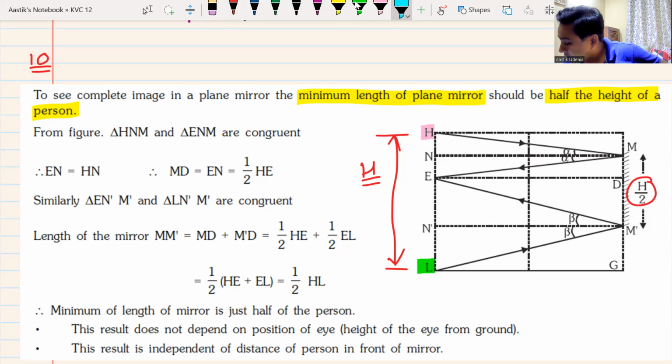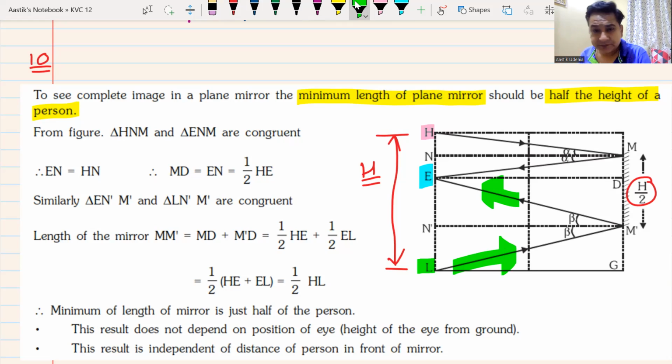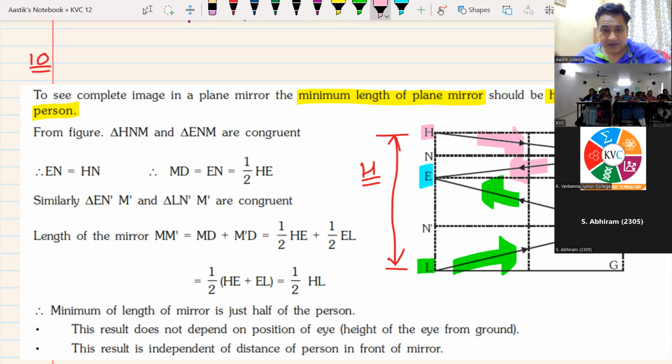This E is your eye, where your eyes are. Basically, this green ray, which is coming from your legs, should reach your eye. As you can see, it is reaching your eye. And this pink ray, which is coming from your head, should also reach your eye. If that happens, voila, you have seen yourself in the plane mirror, and the minimum height that you need is